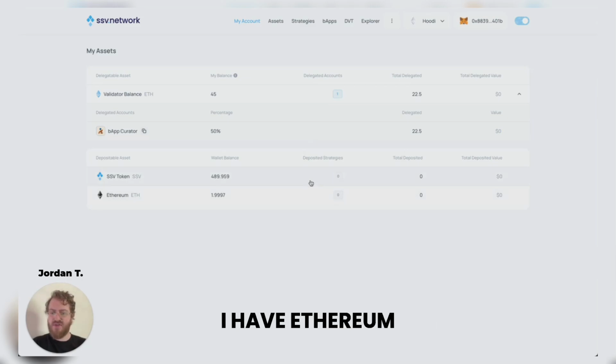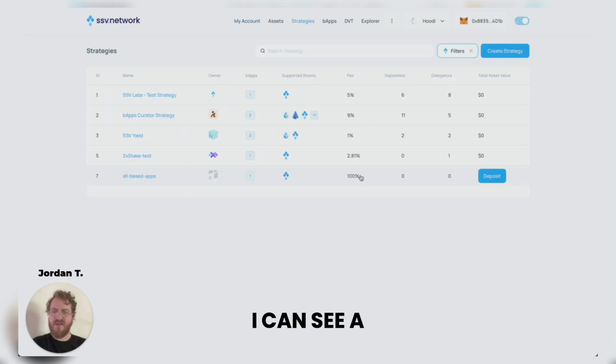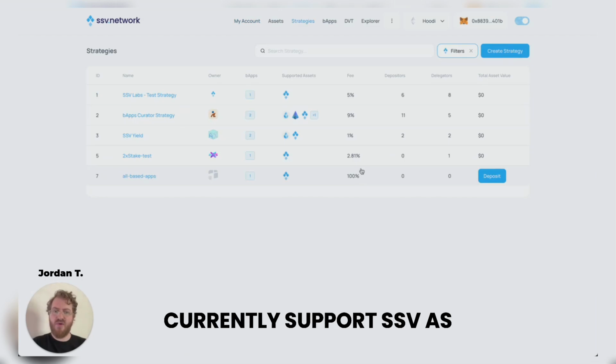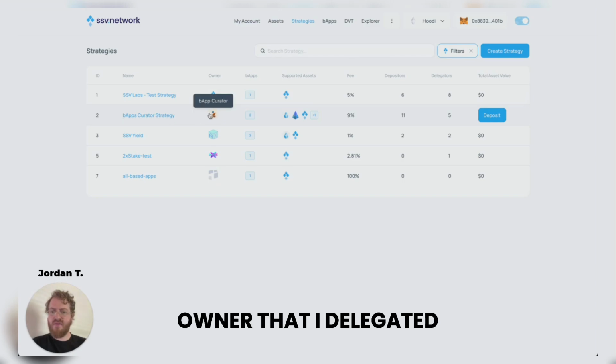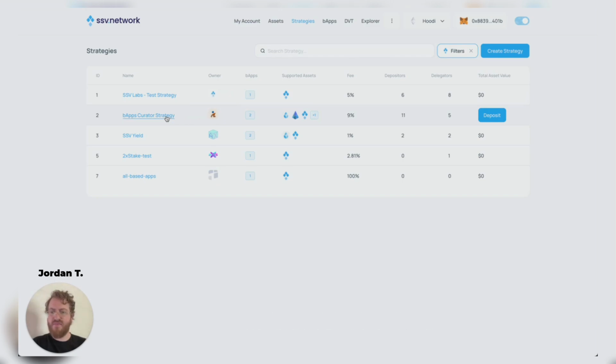So in this case, I have two options. I have Ethereum in my wallet and SSV token. So if I click here, I can see a list of strategies that currently support SSV as an option for collateral. If I select this particular strategy, which I can see belongs to the owner that I delegated to previously,